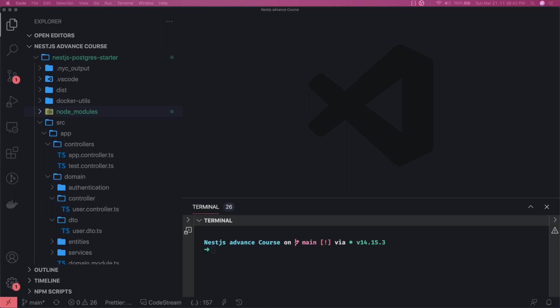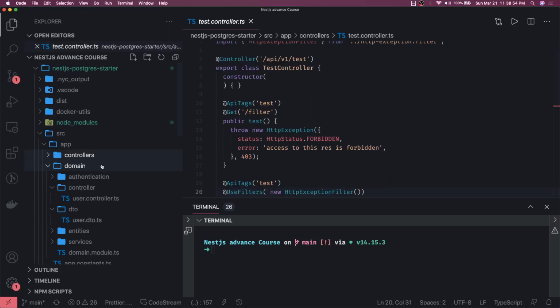Are any error codes coming? What is the status of the APIs and all these things? So it's like a health check also, and from the logging we can know a lot of things about what is happening in our application. For the logging you can use a lot of things.